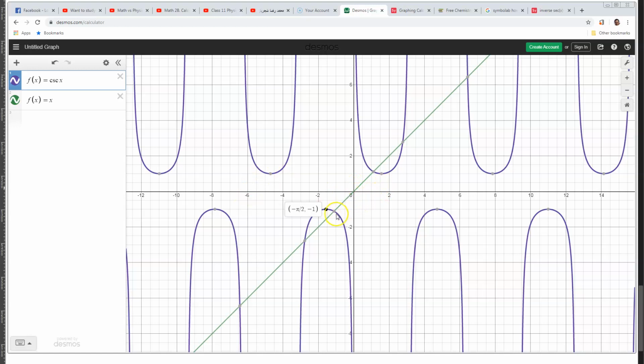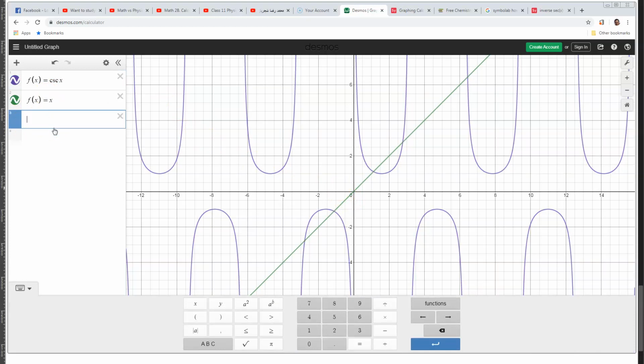And then as you can see, the domain of this function is basically all the real numbers except for all the numbers between negative 1 and 1, and that becomes also the domain of the cosecant inverse function, which means that if I graph the function g of x is equal to